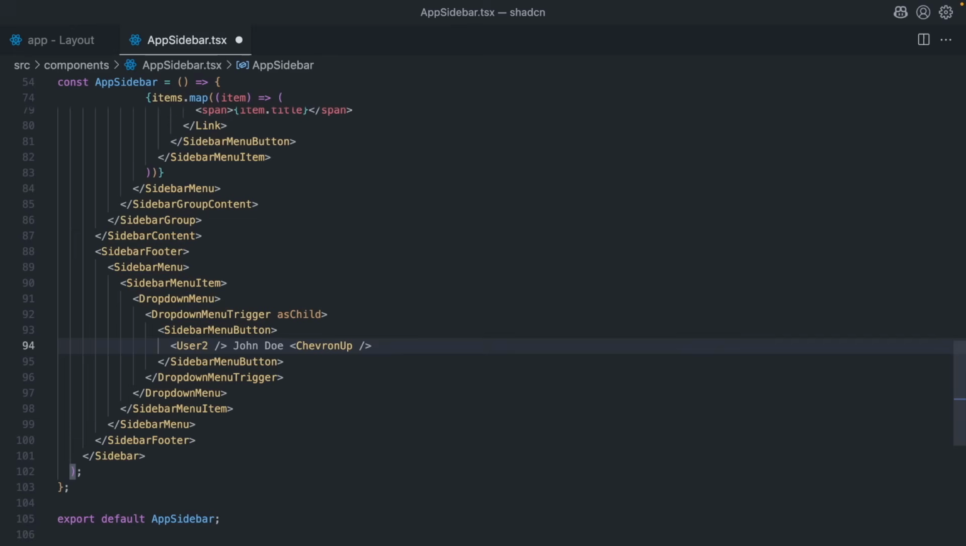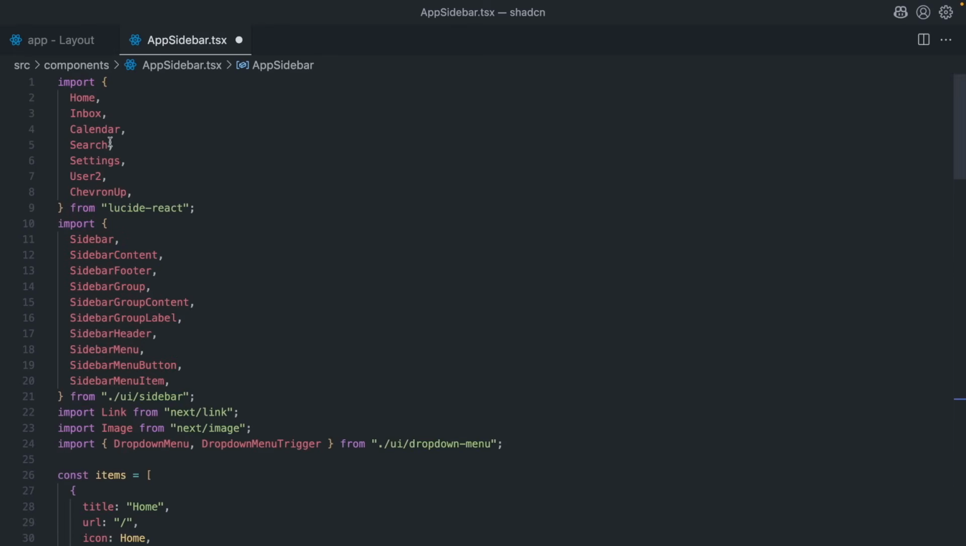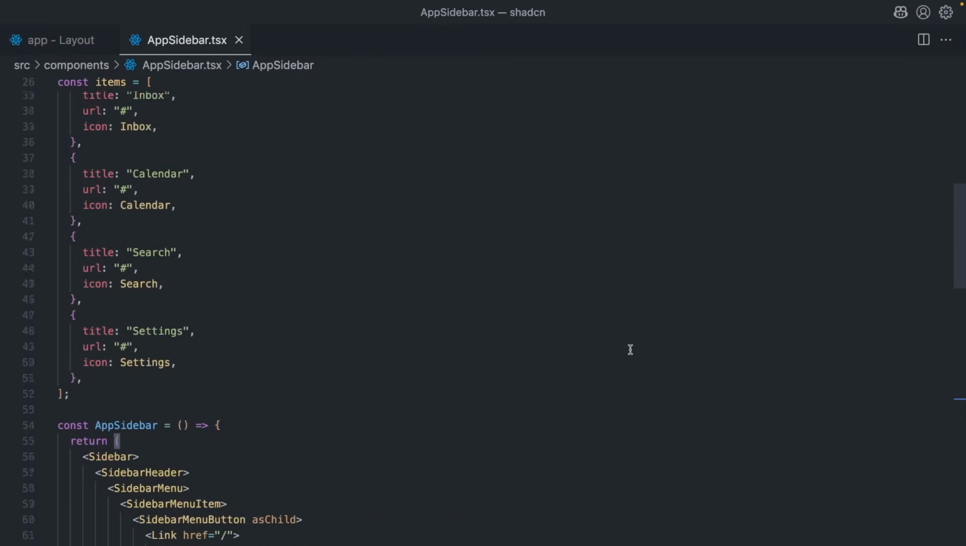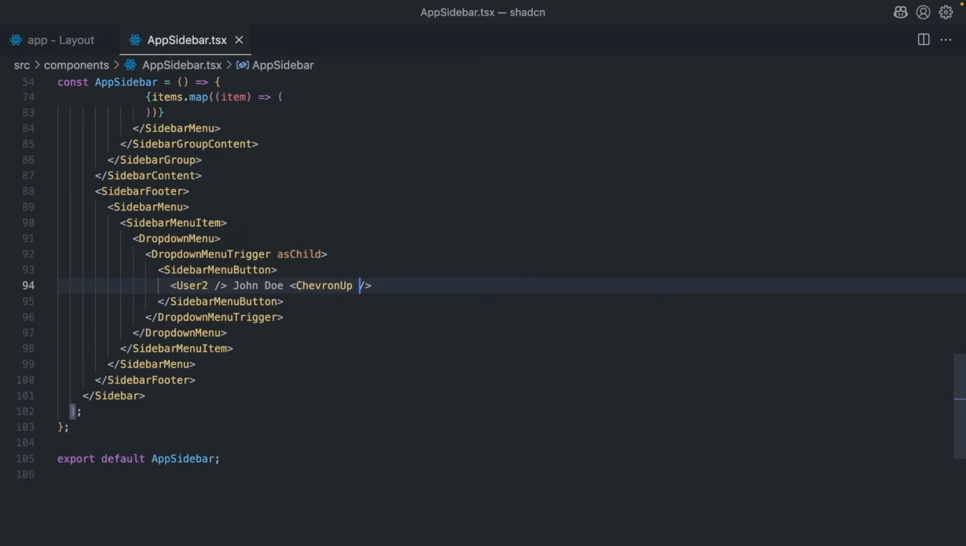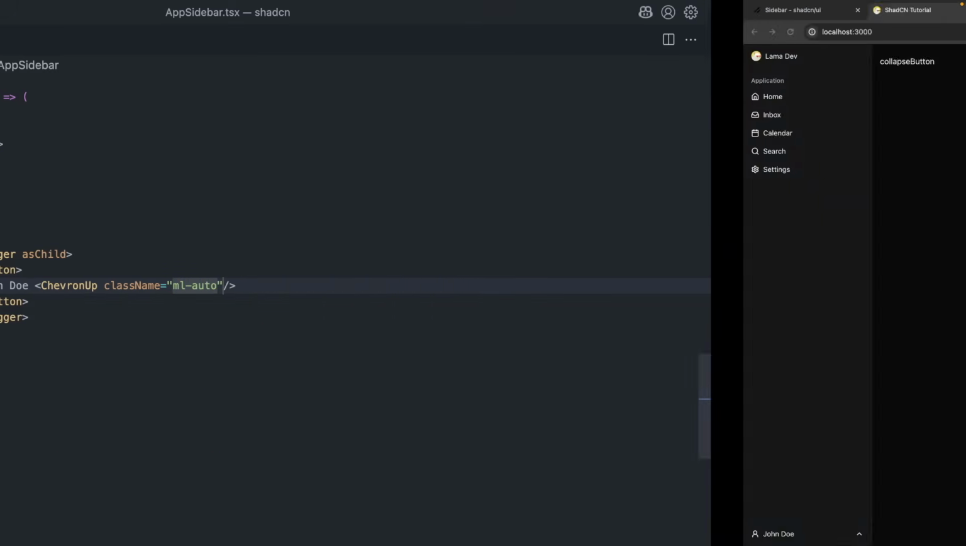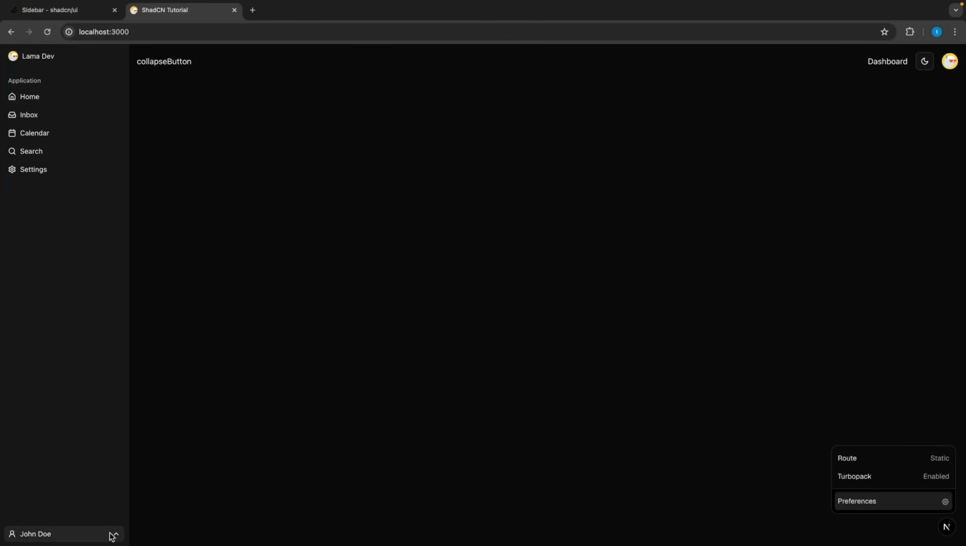Just like that. Let me show you the icons here. I'm going to save. Okay, it's here. Let's separate this button. I'm going to give a class name. Margin left will be auto. Just like that. So right now, when we click here, it's going to trigger our menu, and we will be